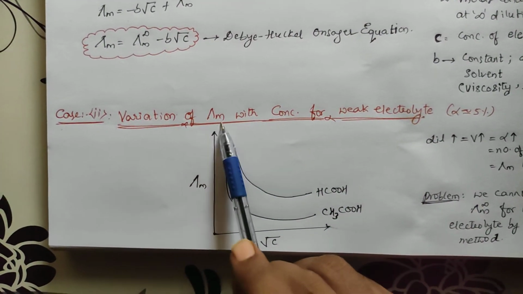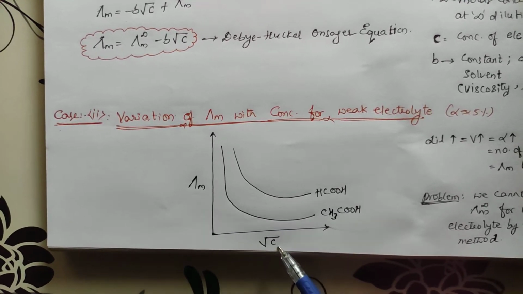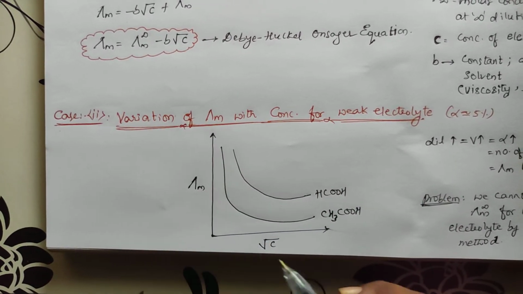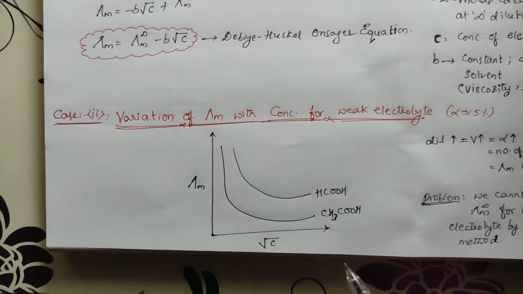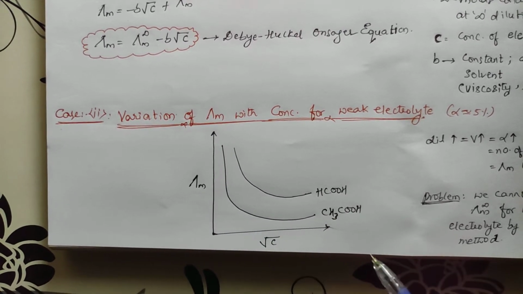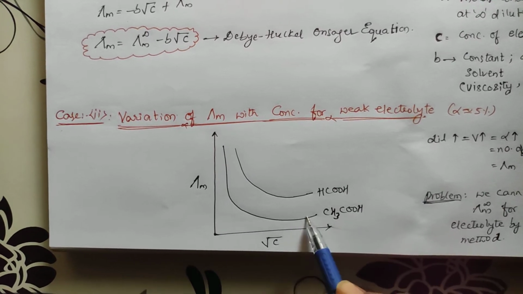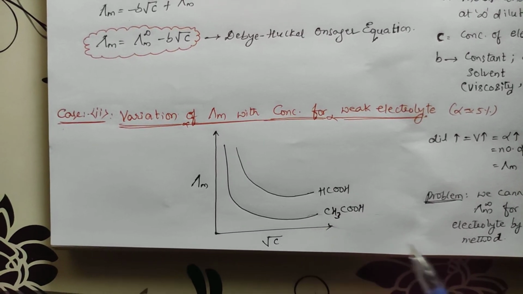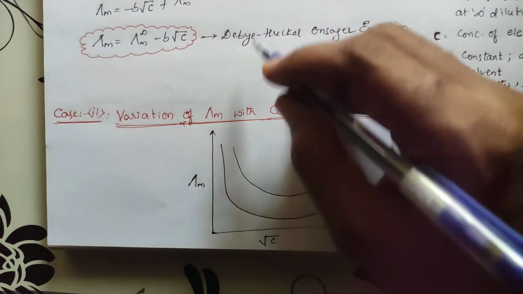Now, if you take the molar conductance of a weak electrolyte, this is the molar conductance and this is concentration. If you go in this pattern, dilution goes on increasing. If you come in this pattern, concentration will be increased so that the dilution will be decreased. But if you draw like this, the graph will not be a straight one. It goes on like this. This line goes on parallel to the x-axis, it will never attain the infinity value. Here also it goes on parallel to the y-axis.